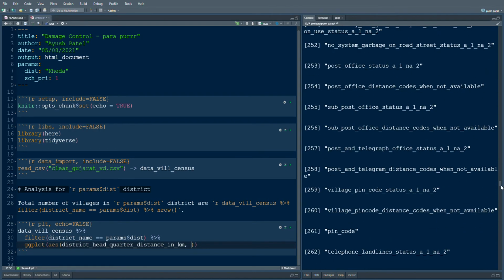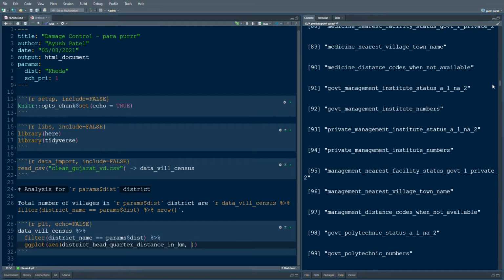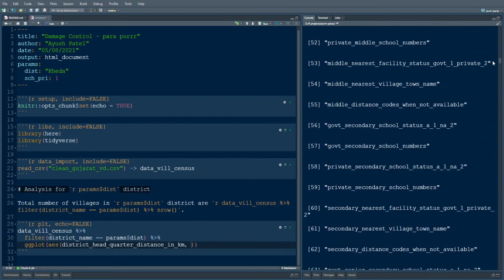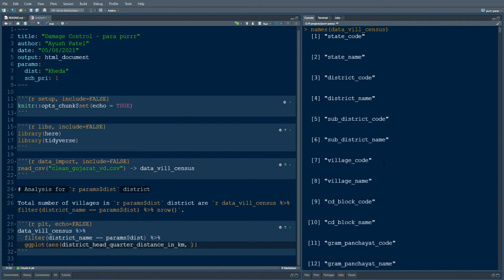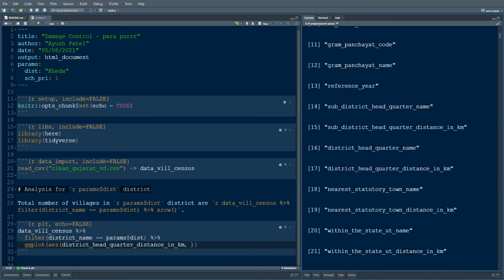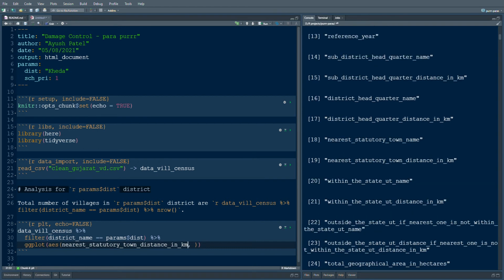So it's a bad idea to scroll 400 things. I should have done head names because I know those 4 variables are on top of this thing. Okay. Right. Yes, I want this as the x-axis, the nearest town in kilometers, and then I want